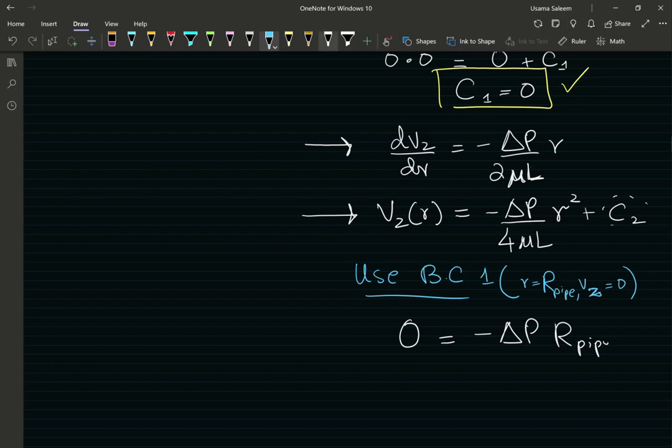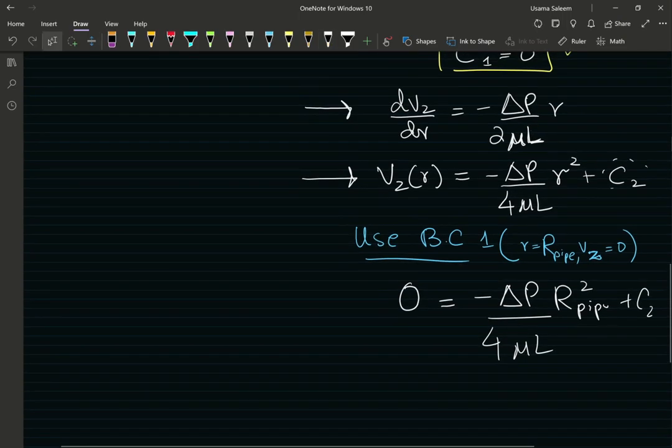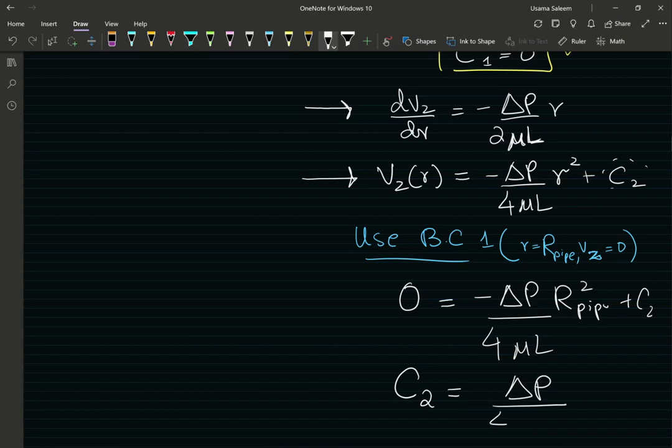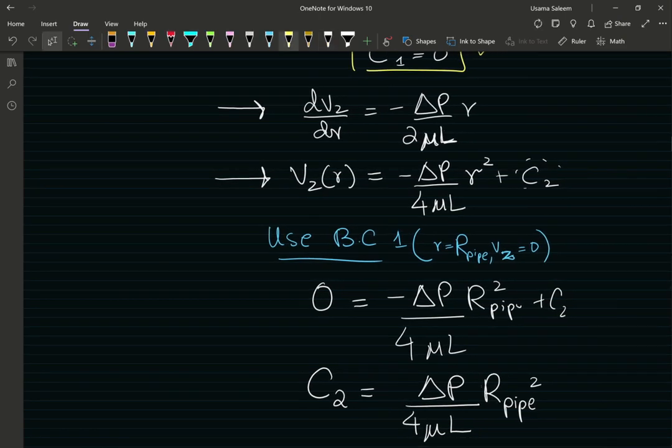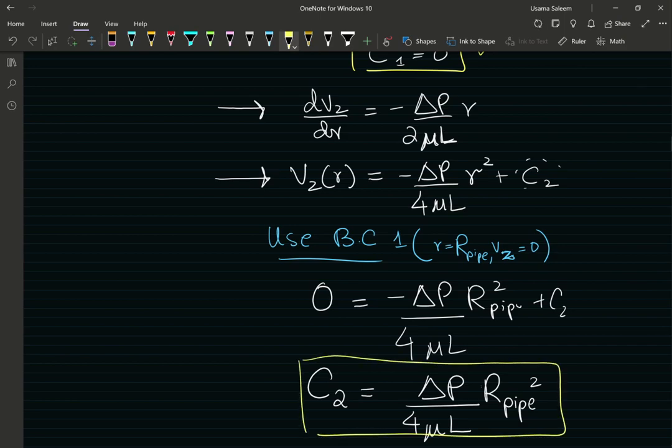R pipe squared divided by 4 mu L plus C2. Turns out I have the value of C2. And by performing simple algebra, I get delta P, the pressure drop, divided by viscosity times the length of the pipe, multiplied by the radius of the pipe squared. Now if I want a complete solution, I have evaluated my constants C1 and C2, and most transport phenomena